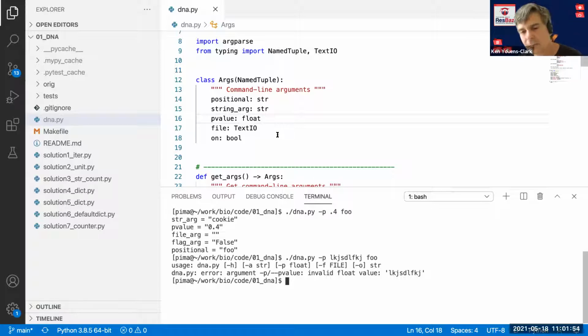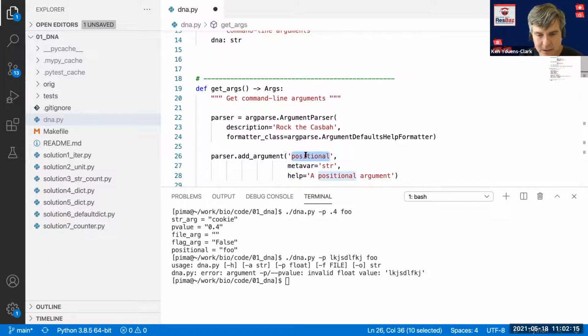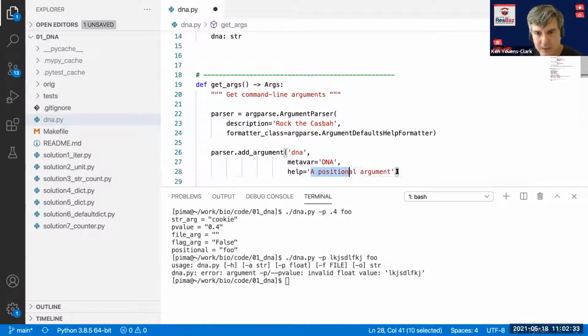Okay. So I'm going to modify this program now to be what the actual DNA program needs to be. There's only one argument we need, and it's going to be the positional one, but positional is just not a good name. It's going to be DNA. That's the argument that we're being given, and it is a string. And so the only value I need is DNA. And that's what I call it here, and it's going to be the way that I access the value from argparse. So I'm going to change the metavar from str, which is not very informative, to DNA, and I'll update the help, and I'll say, input DNA sequence.